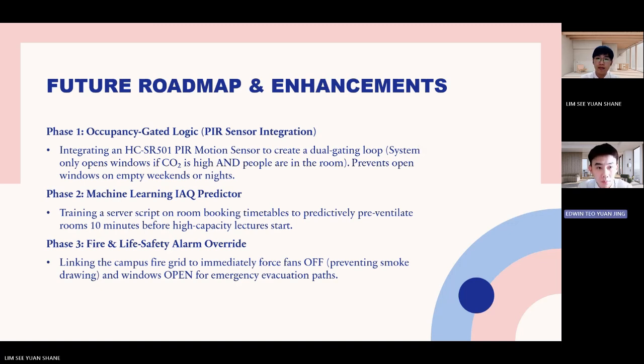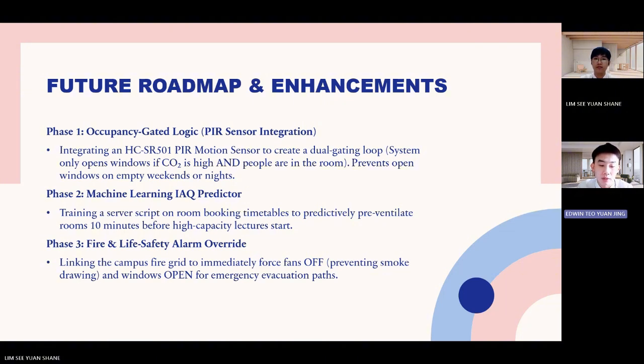So our primary milestone is the integration of occupancy gate logic with a PIR sensor. By adding a passive infrared sensor to the access network, our server's logic engine will evolve into a strict dual gating condition. The server will ensure the windows and fans operate only if there is a CO2 breach and human occupancy is confirmed. This ensures windows remain securely closed during the high CO2